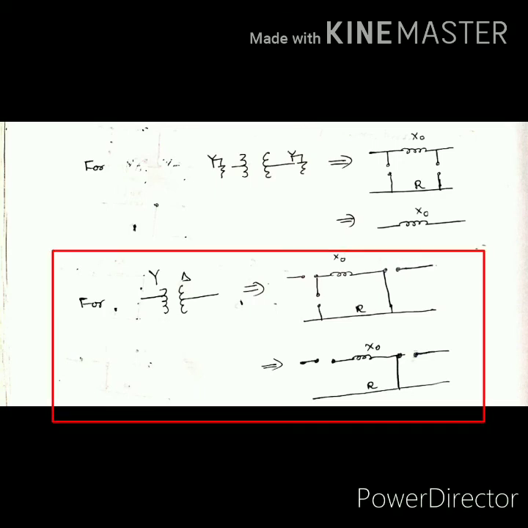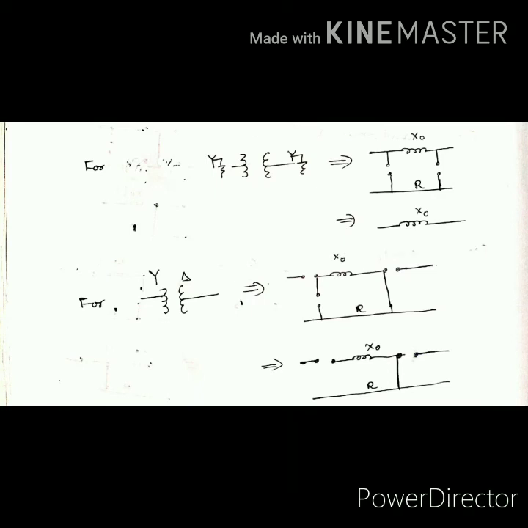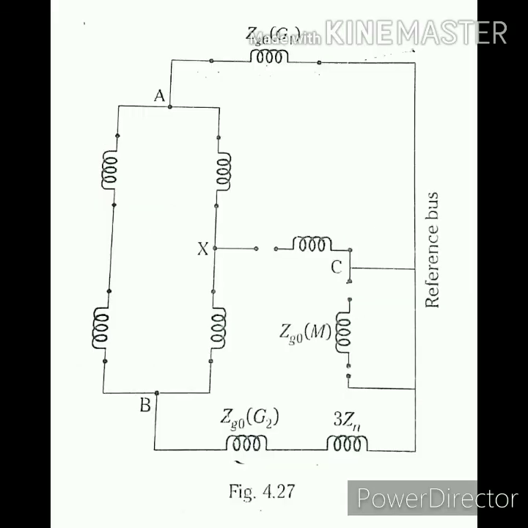Next, for a transformer with primary side star and secondary side delta, the equivalent diagram is given. But in this case, the delta side is there, no? So shunt switch of that side is closed, right? So when you draw the final zero sequence network, you have to connect this transformer to the reference. And by keeping all these points in mind, you have to draw the final zero sequence network diagram as shown, following the same shape as that of the first diagram.